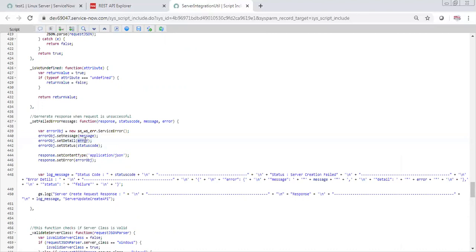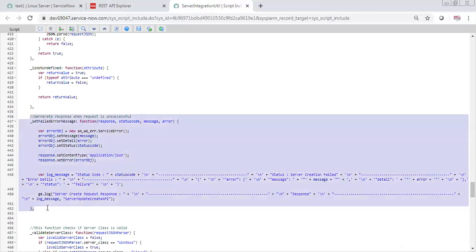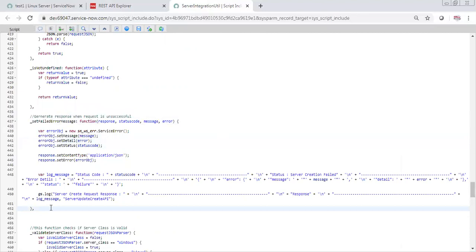Maybe you want to say an error message like XYZ, or error detail something else, but how you send the error message is going to be the same. So this is going to be standard in each and every integration. You just pass these values dynamically as well. So this function can be reusable for you always.